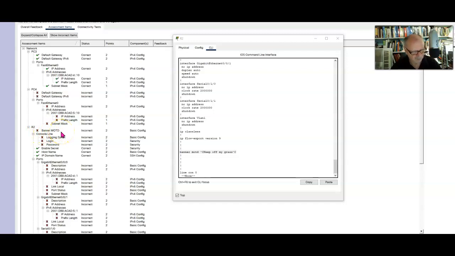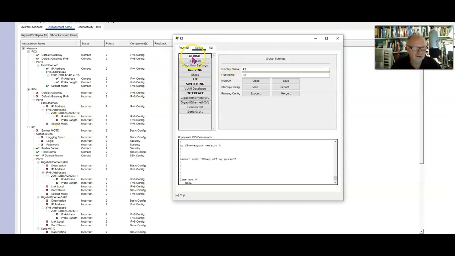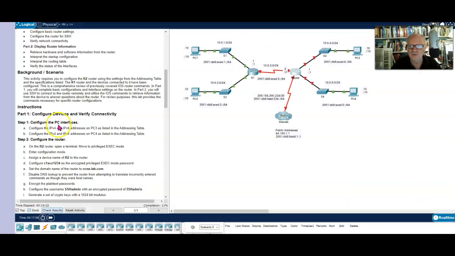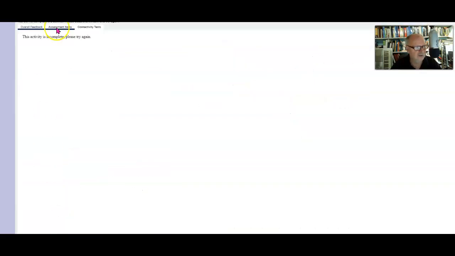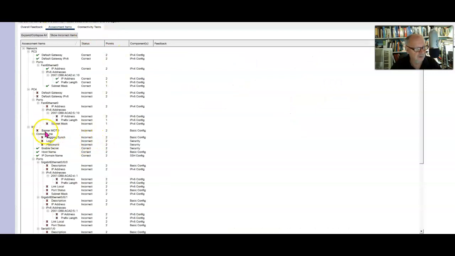This seems to be a problem with this particular lab. I don't know what's causing the problem. It could be that whoever set it up didn't take into account this thing here. Maybe it still needs to say router in order for it to actually score correctly. I don't know. Let's close this and reopen it and see if that actually fixed the problem. No, it didn't. Okay, so I don't know what the problem is on here, and I haven't figured it out.